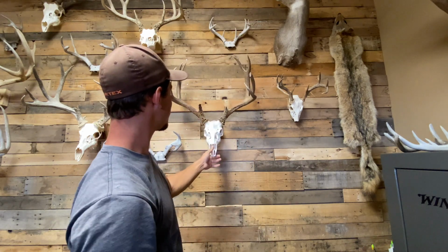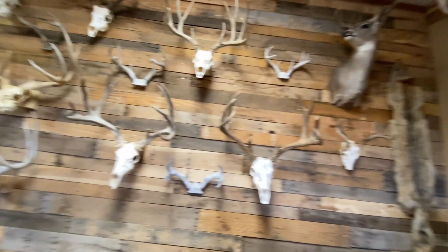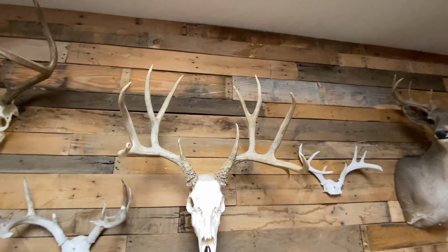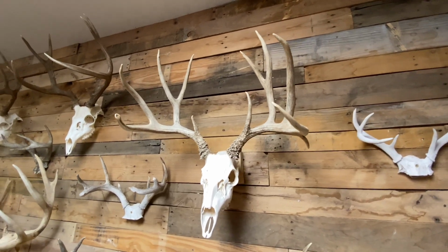He was so pumped about that. Really gnarly bases, really, really cool buck. And then this is another deadhead I found. Me and Justin went out. I picked that up, kind of seen something, glassed it up. Sure enough, it was a deadhead sticking out, but